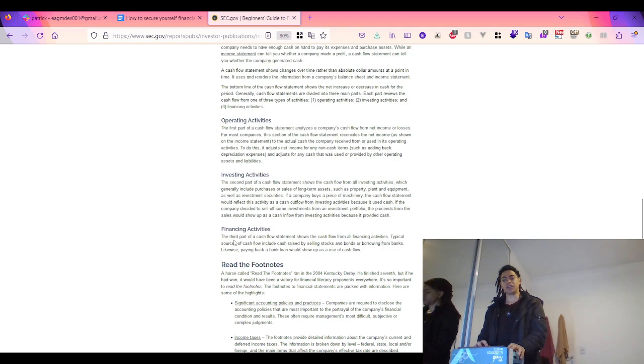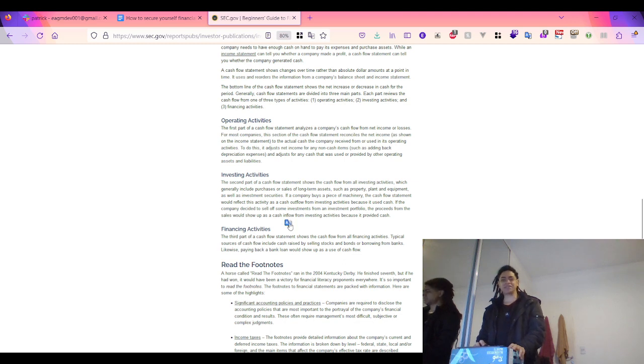because this financing activity helps investors see how often a company is raising funds and where the money is coming from. So if a company's cash flow comes from its operations, most of the time that's a good sign of a business. That's a good sign of a good investment. However, if a company is constantly relying on taking on debt and issuing equity, that might not be a good sign. Again, this is just an oversimplification of the topic.